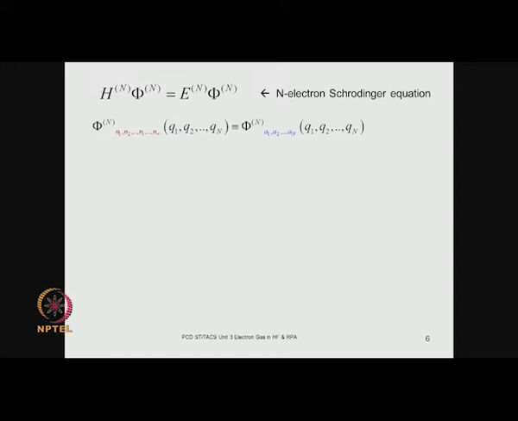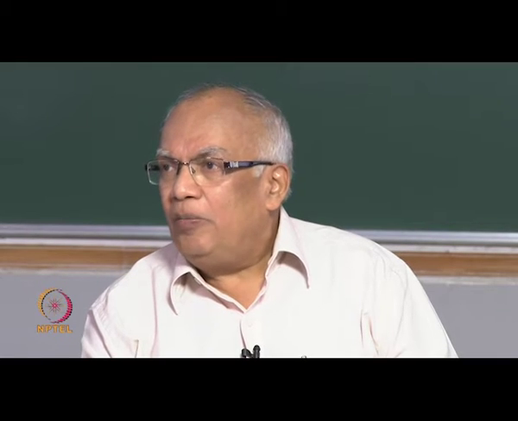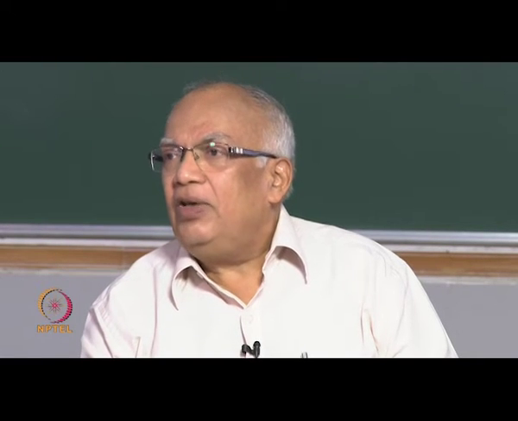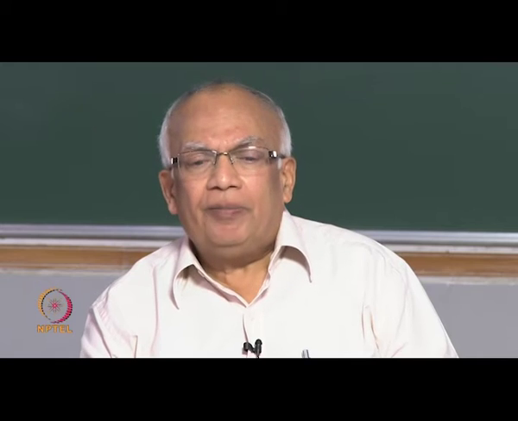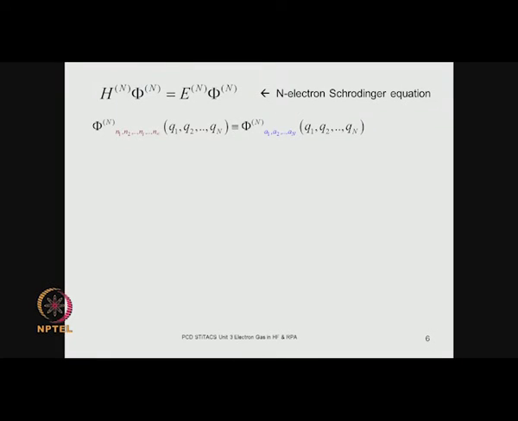So, the occupation numbers for all the infinite set of 1 electron eigenstates n1 through infinity, each can be either 1 or 0. The sum of all the 1s will add up to the total number of electrons in the system, and the ones which are occupied are those which are labeled by the quantum states A1, A2 up to An. These are the n single particle quantum states which are occupied with occupation number 1,